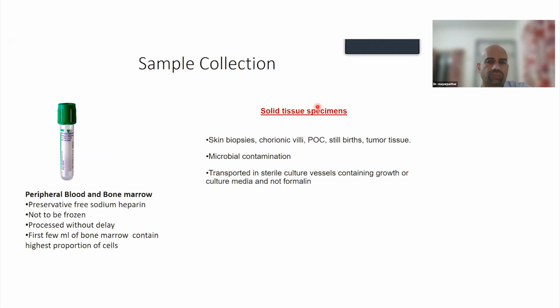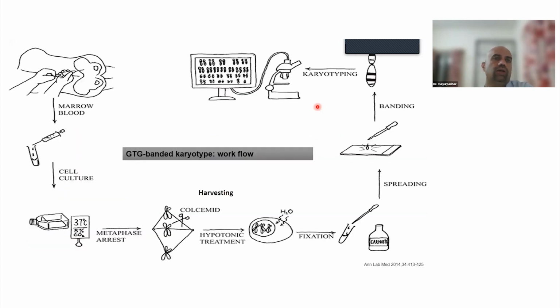You could also send lymph node biopsies in hematological malignancies. You can do FNACs, and you can send the aspirate. You can send the pleural fluid. We have also fished CSF. And many a times when there is no sample available, you can actually take a stained bone marrow, destain it, and then fish it.